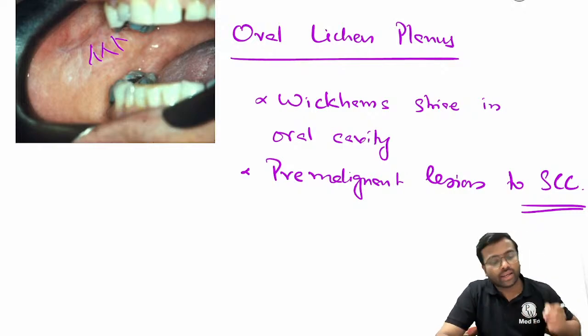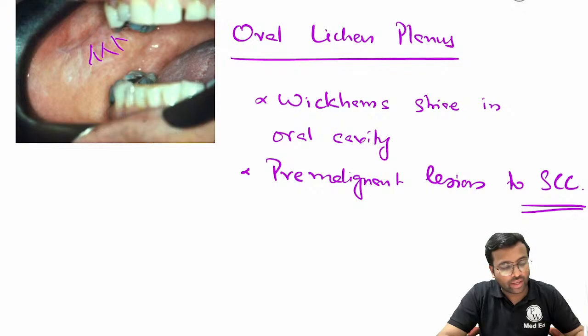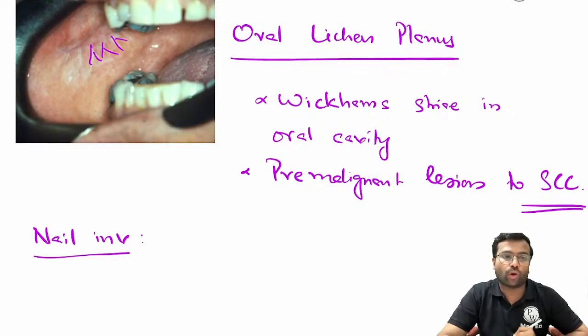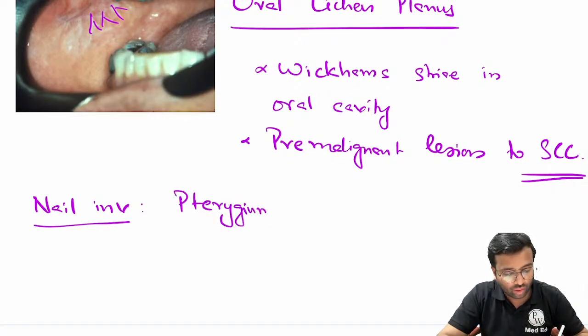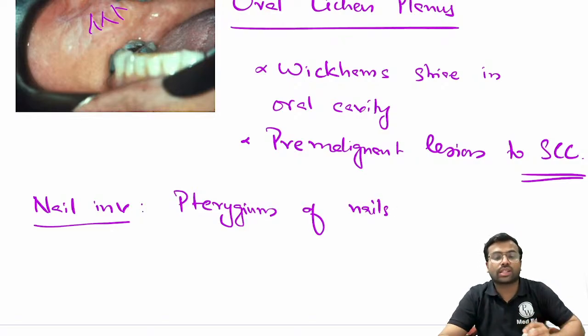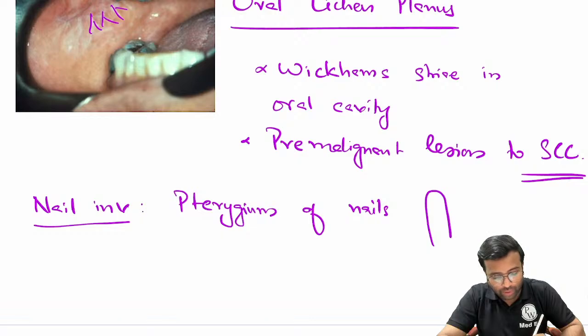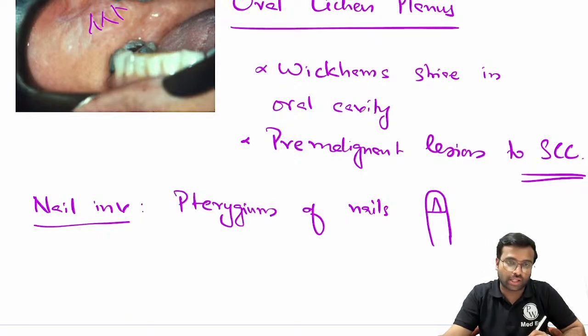Other than that, in lichen planus, there can be nail involvement. In the nail involvement, the most important finding that you can write down is pterygium of the nails. So this is called the pterygium of the nails. What happens is in this finger, over the nails, you can see there is a wing shaped extension. So whenever there is a wing shaped extension over these nails, this is called as,